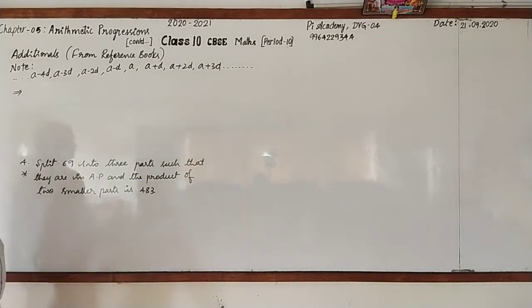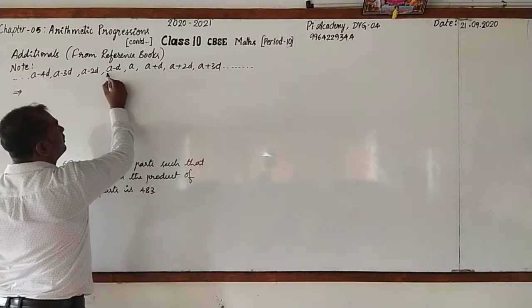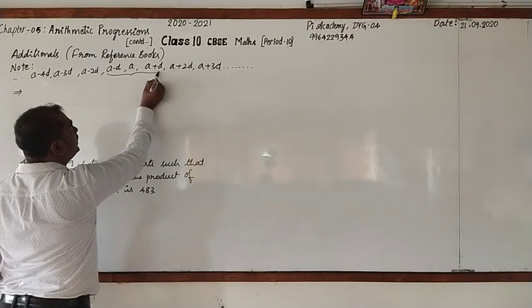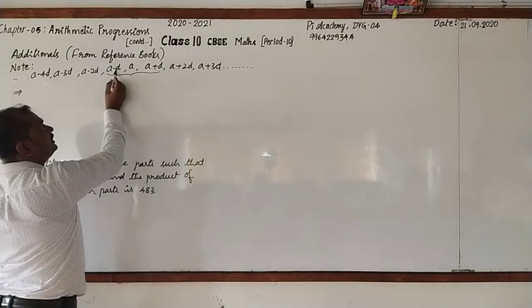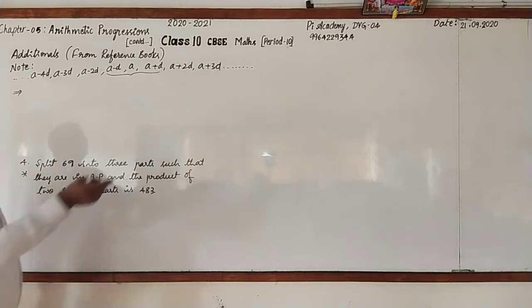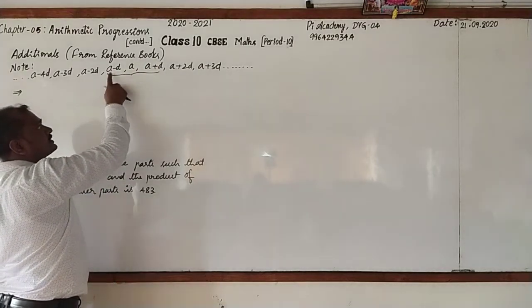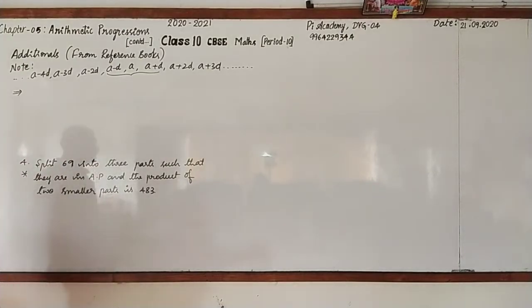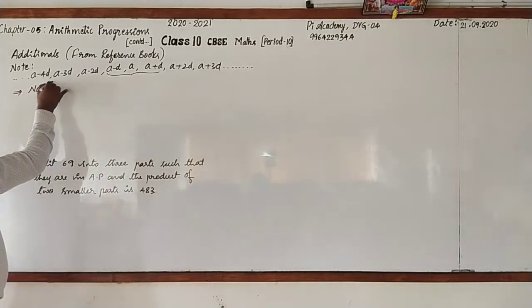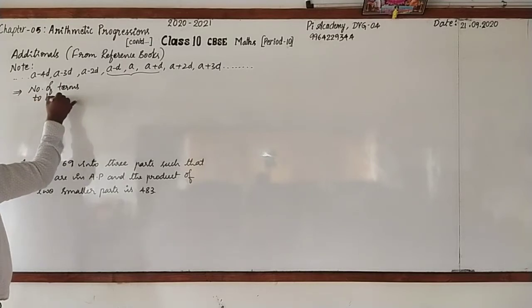So to get that we go for selecting the terms like this. If the number of terms required is 3, we take it like this. It is A minus D, A, A plus D. Because on adding all the 3, look here, the difference D gets cancelled and we can find out A. Then simplification will be easier. Here I will write the number of terms to be selected.